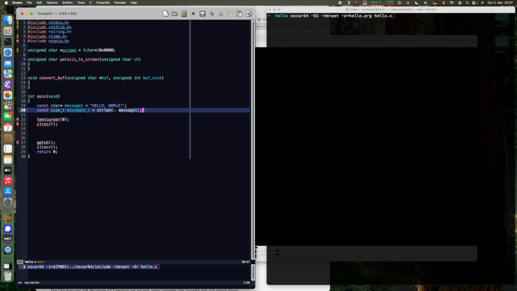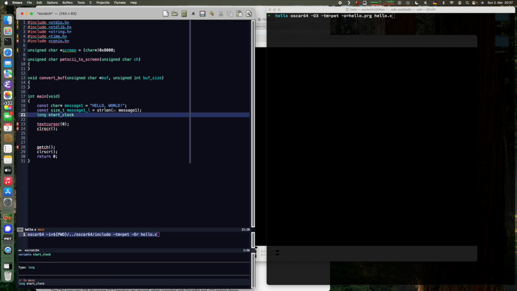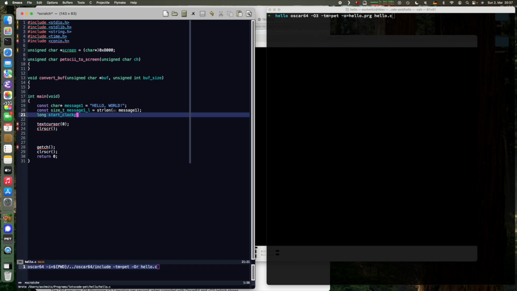Fine, just simple enough. Then we'll have a timer, which we'll call start clock, which will be updated all the time, so we have a little delay, and it uses the internal timers of the PET, if there are any. I'm not sure how it's being done. Maybe it's just counting clock cycles, not sure. On the C64 you would have something like the time of day from the CIA chip to use basically,